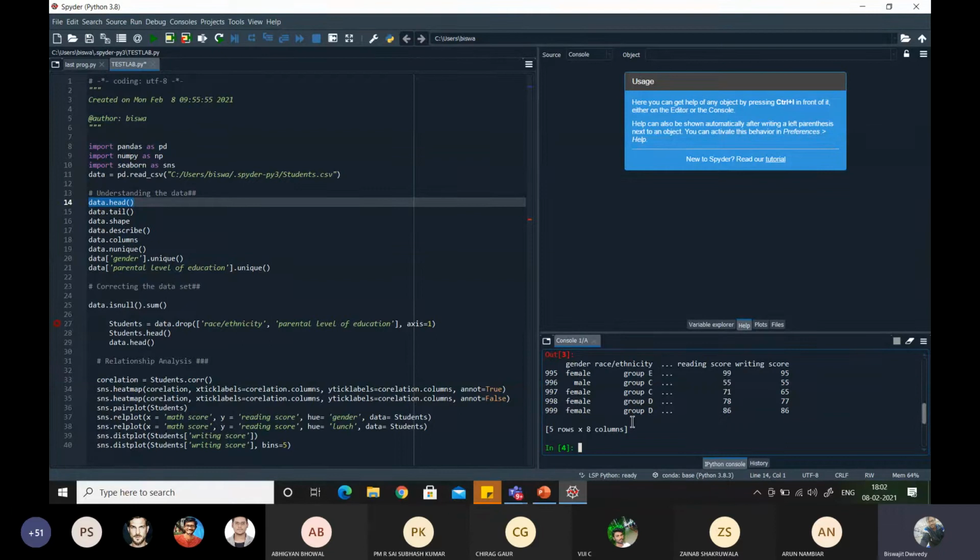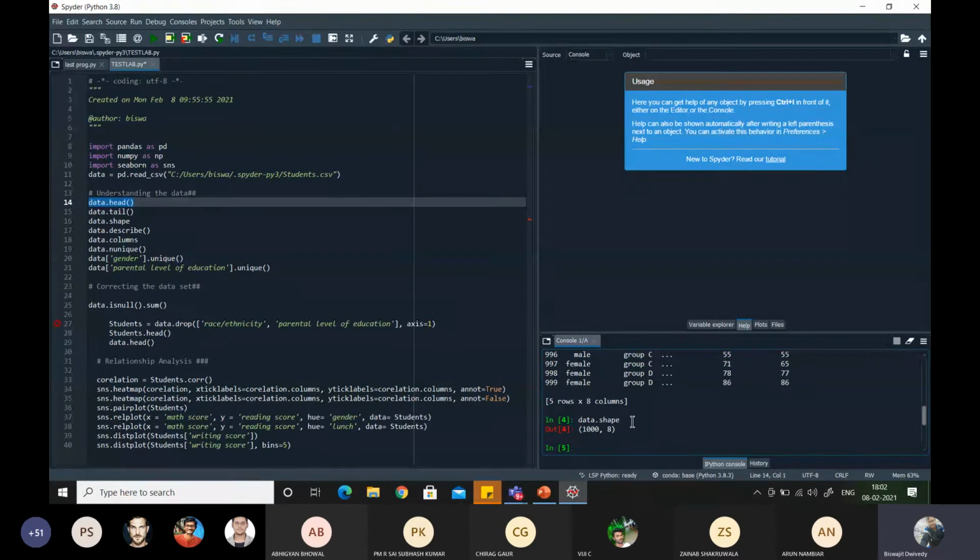There are some other codes also which are useful for getting some information regarding your data set. Data.shape, if you are using this one, it will show you the overall dimension of the data. So the data set will give you 1,000 rows and 8 columns.